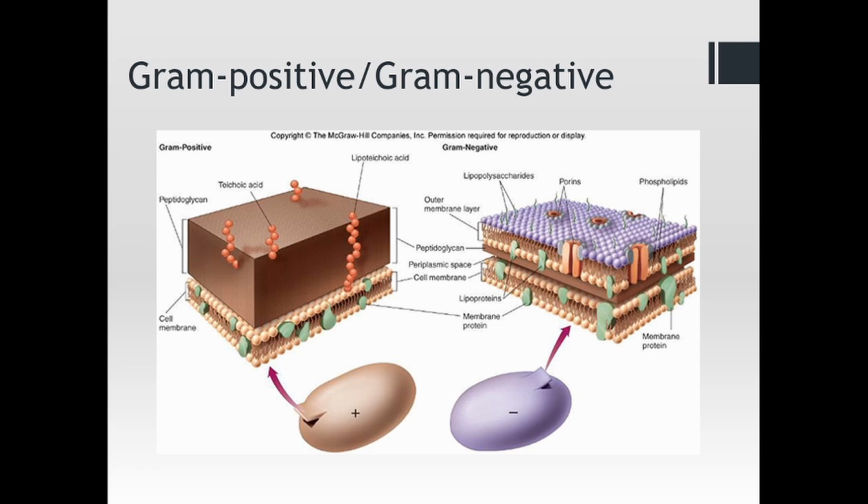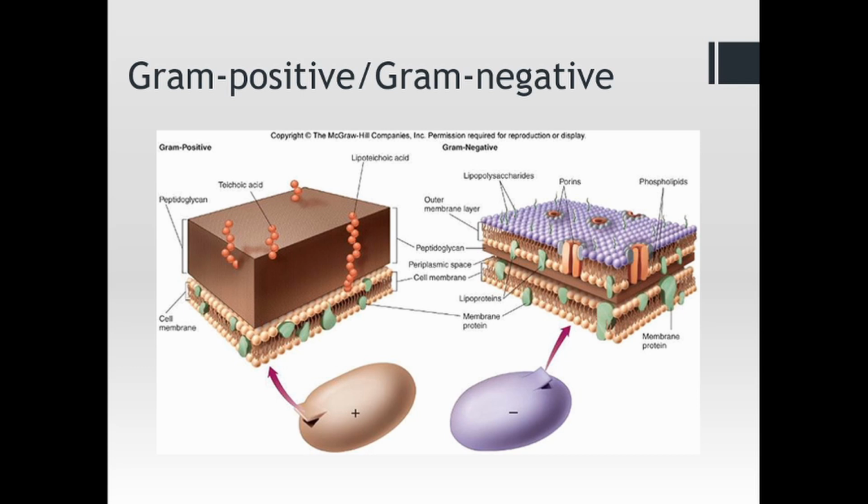And so we can take these bacteria, we stain them through this gram staining mechanism, and you can look at them under the microscope. If they turn out red, they're gram-negative after the gram staining procedure that you carry out. If they turn out purple under the microscope, they're gram-positive. There's a series of steps that you follow called the gram stain. And at the end of it, you then look at the bacteria under the microscope on a slide. You'll see that the cells will either be red, indicating gram-negative, or purple, indicating gram-positive.